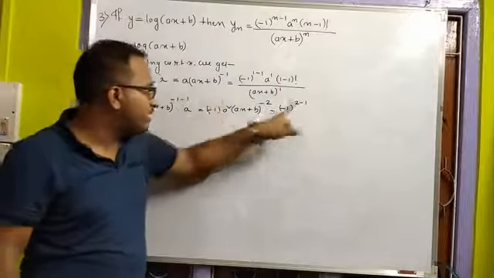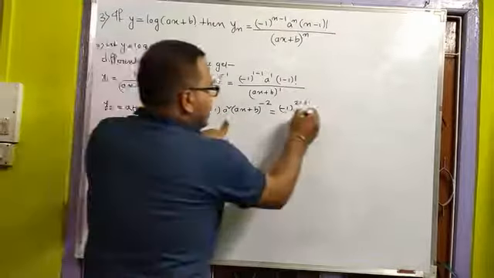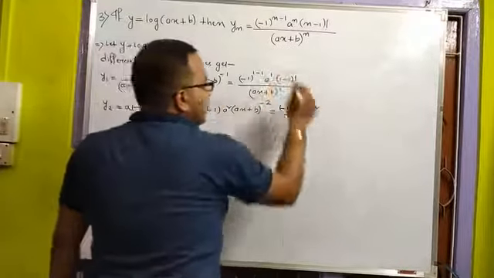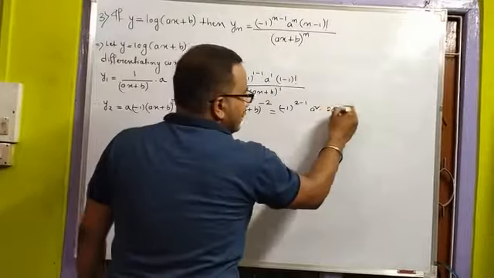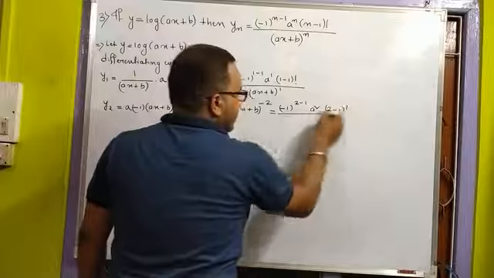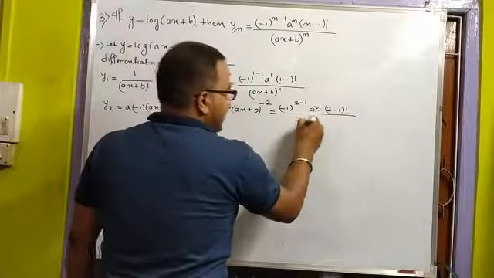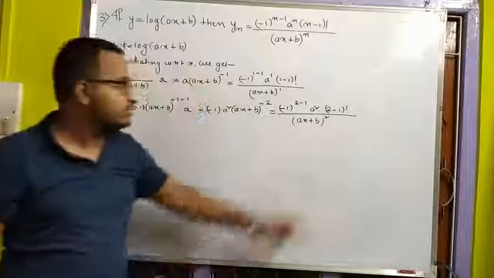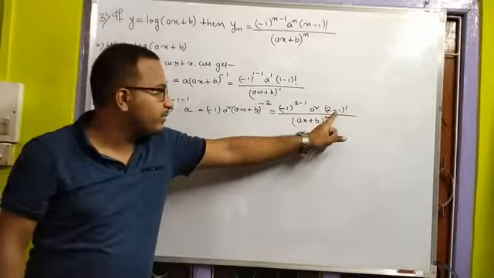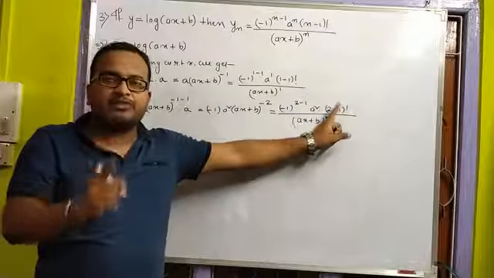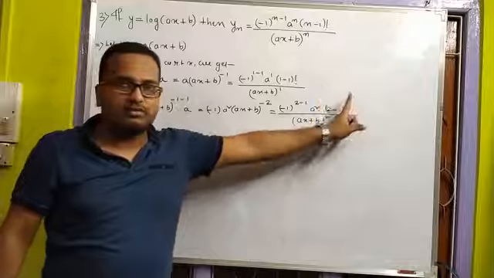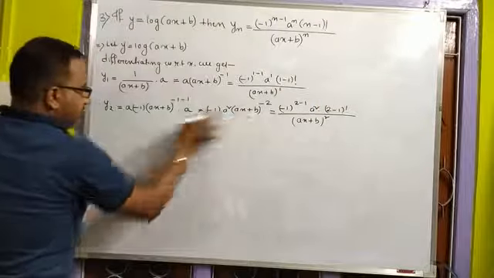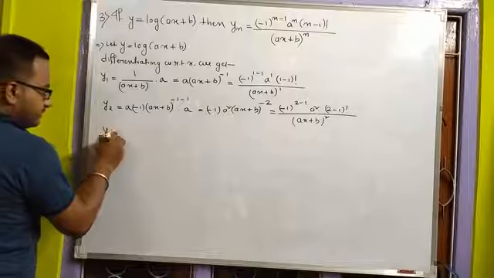So I can write 1 as 2 minus 1, then into a square, right? Then again this factorial can be generalized like that: 2 minus 1 factorial divided by this quantity, which is ax plus b whole thing to the power 2. So this is what factorial 2 minus 1 is, factorial 1, and factorial 1 is nothing but 1. Okay? Then similarly you find the derivative of this quantity, y3.